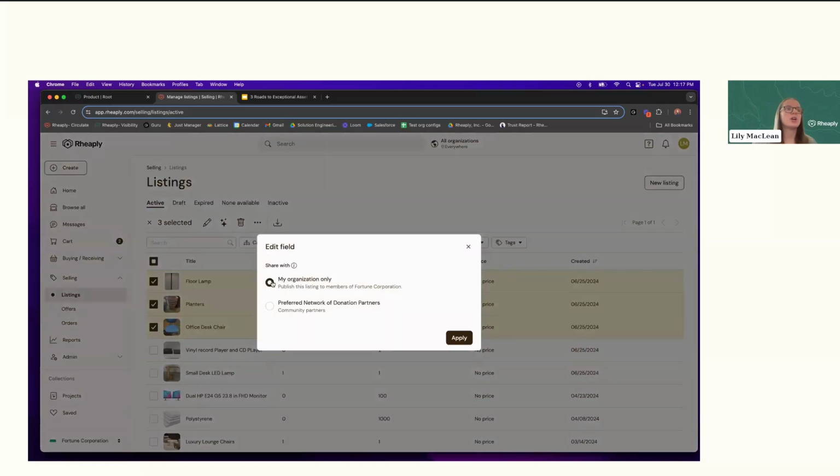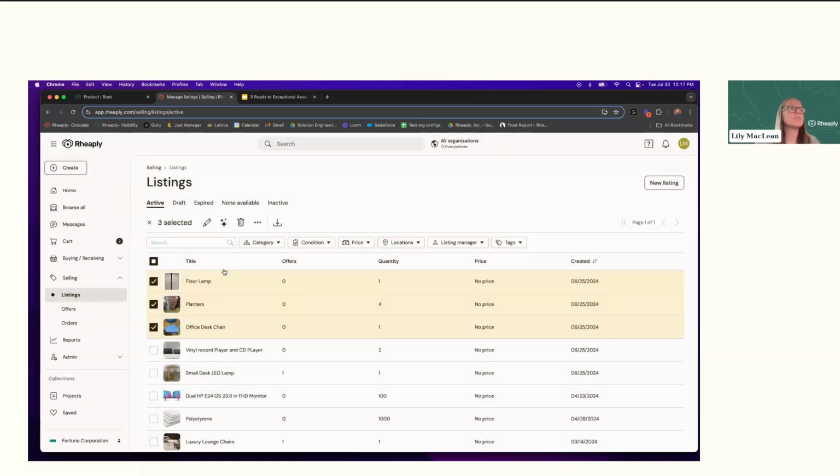Right now it's shared with my organization only, meaning users internal to the organization have visibility and access to those resources. I can now open it up to what we call a preferred network. This is a network of partners preferred by your organization to donate or sell items to. So with a click of a button, I can push these resources to an external group of users.